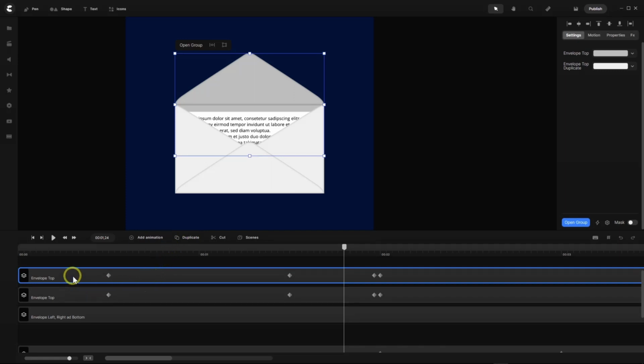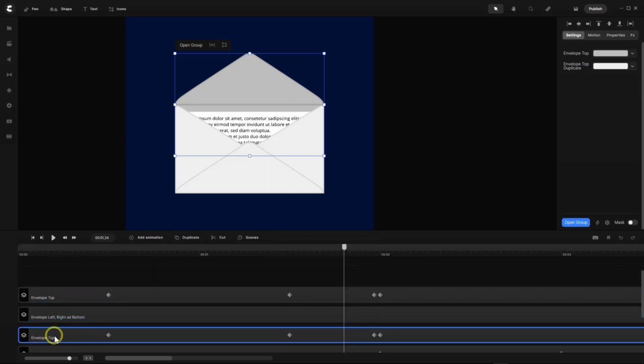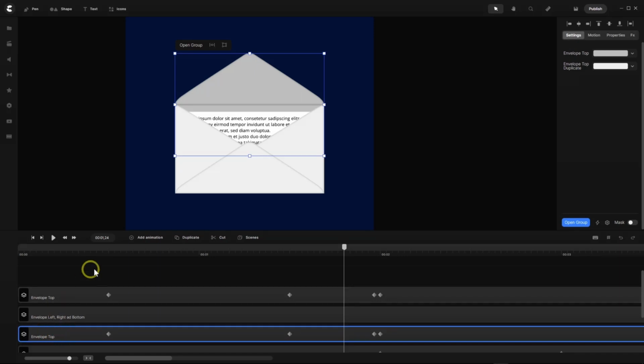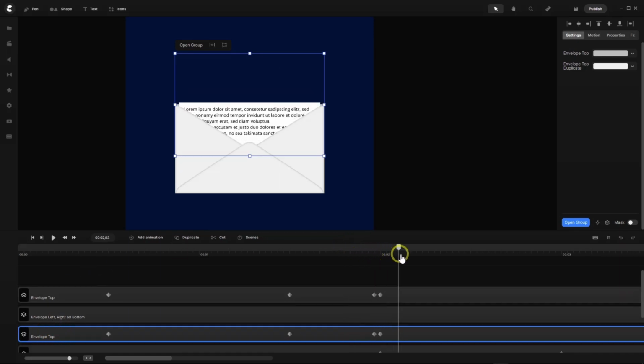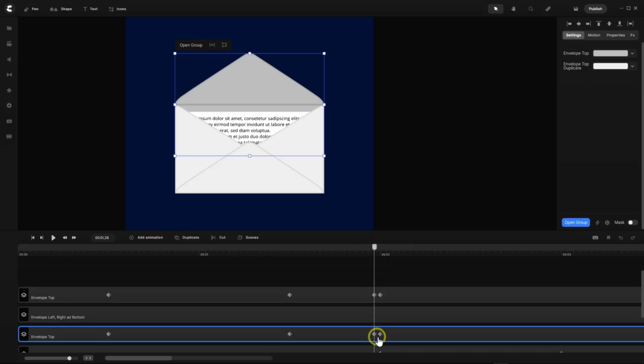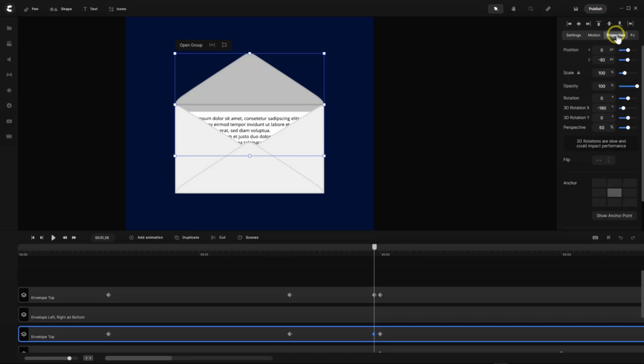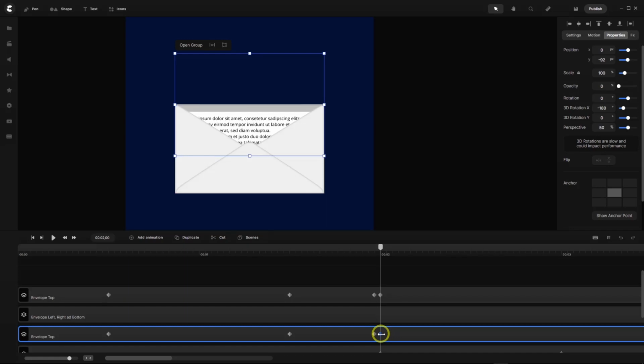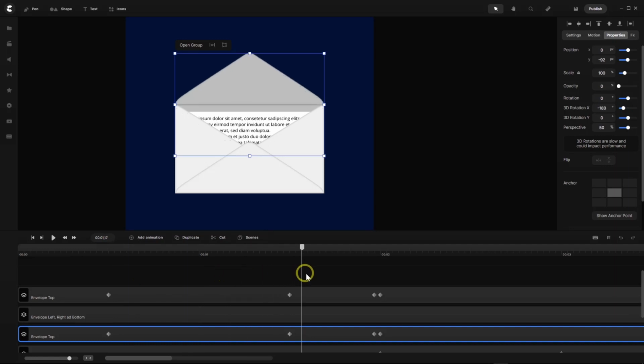And bring this down. So now we have the same, but we can fix this by going with the first keyframe to 0, so that we have no double at the beginning. And with the next, we go up to 100, so that we now have no change, but the change is that I'm now on the layer below